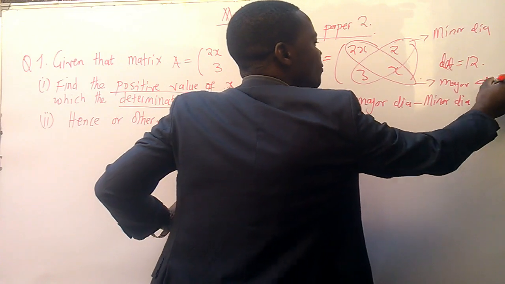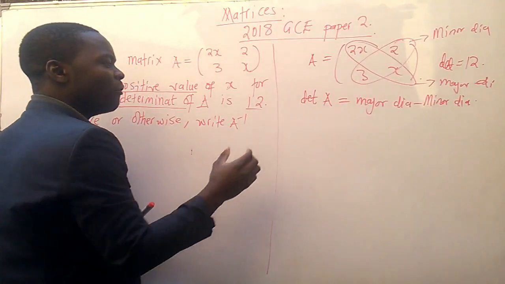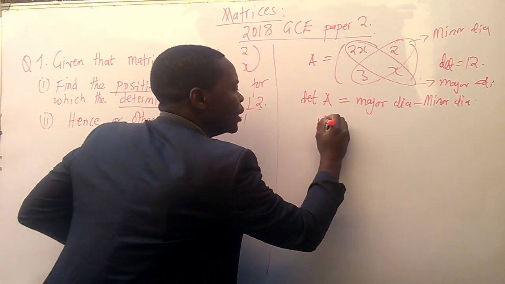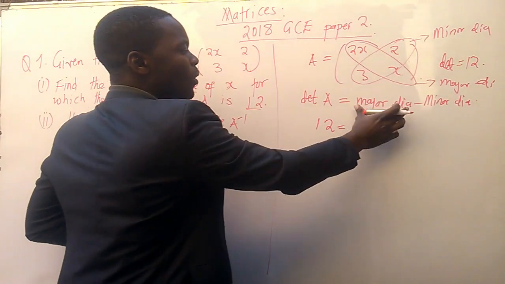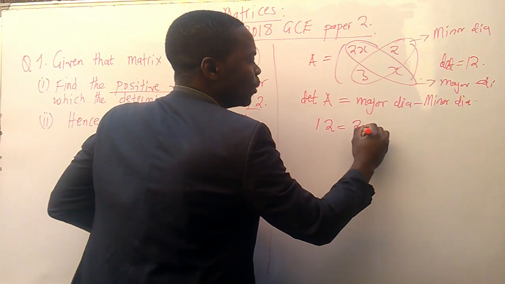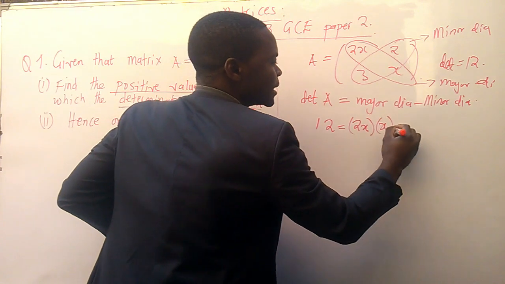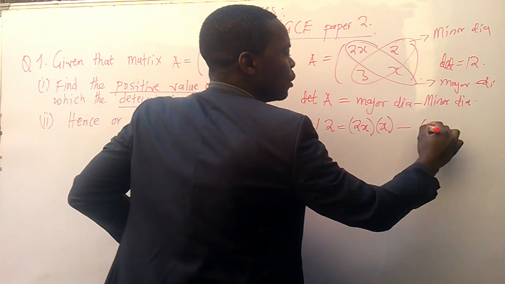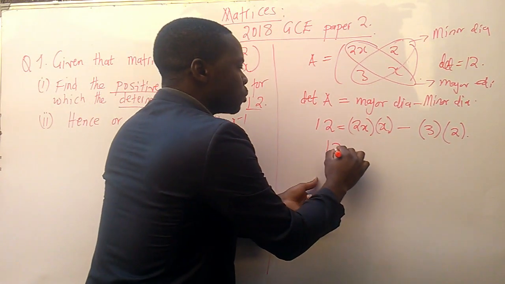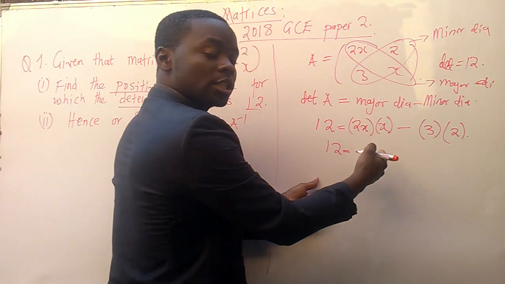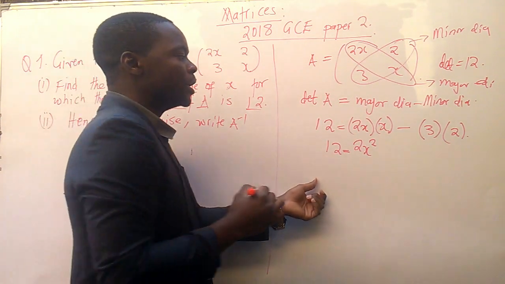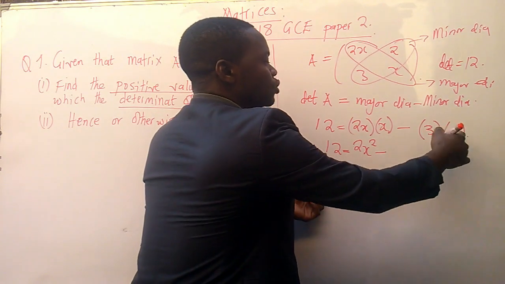Very simple concept of mathematics there. Okay. So we have been given that the determinant of A is 12. So let's write 12 here. Is equal to, what's the major diagonal? We multiply 2x times x. Minus the minor diagonal, we're going to multiply 3 times 2. Okay. So we're going to have 12 is equal to 2x times x is 2x squared. Like that. Very simple. And then minus 3 times 2 is